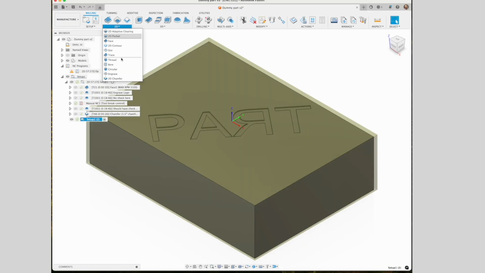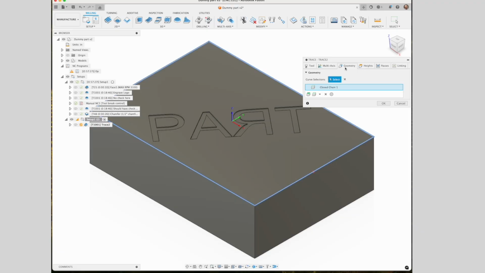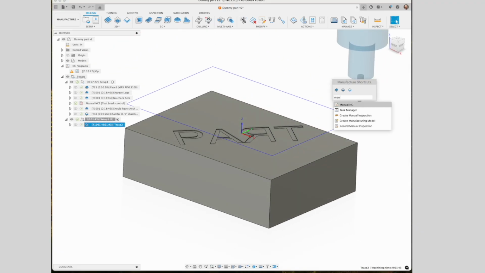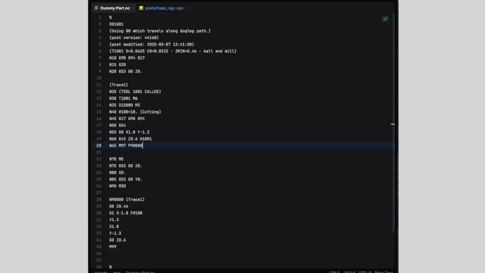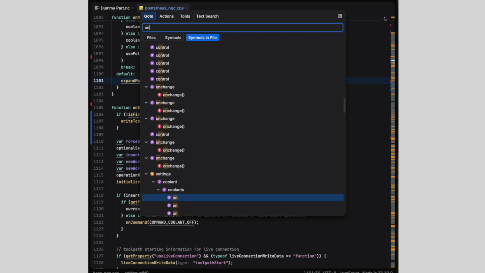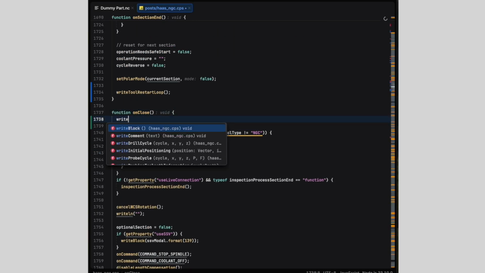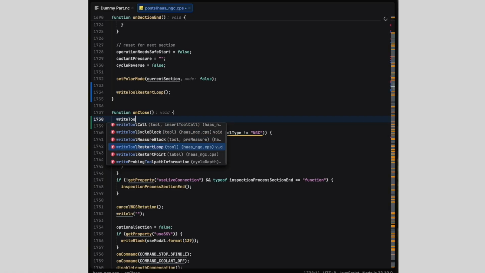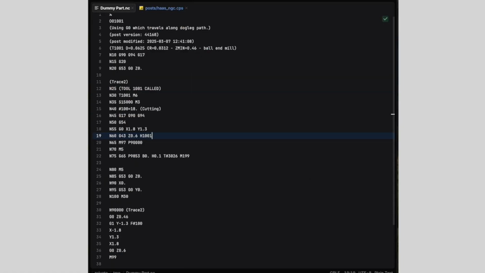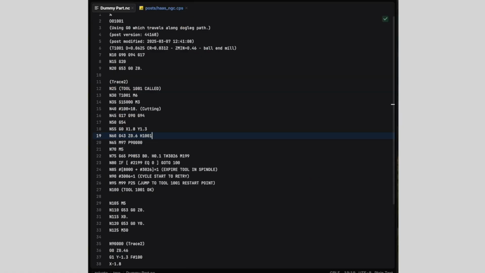Let's build a quick program using some trace operations and then transfer the code to a machine for final validation. I don't see the expected restart loop here. It looks like we found a bug and need to add a restart loop at the end of a program when the last operation is a manual in-seat break check. We can do that in onClose. That looks plausible to me.